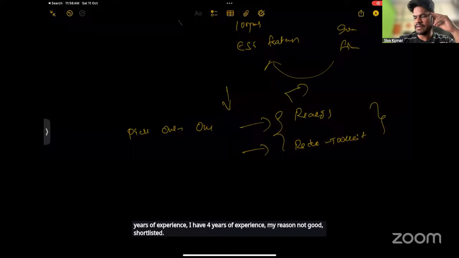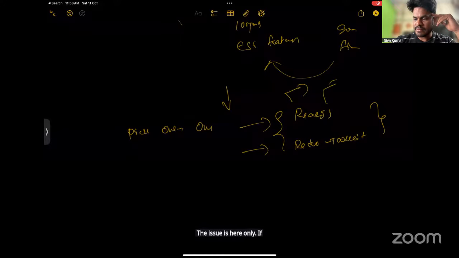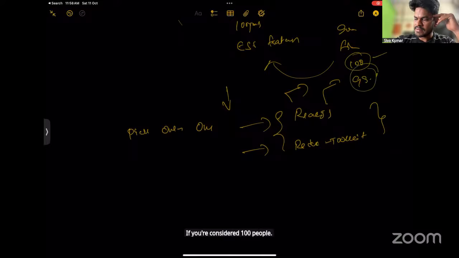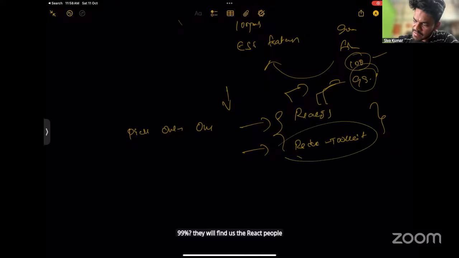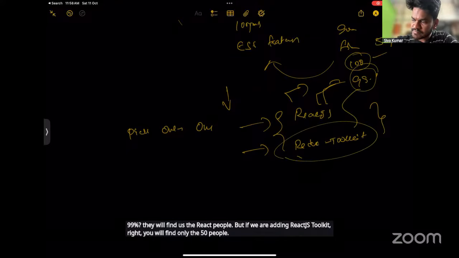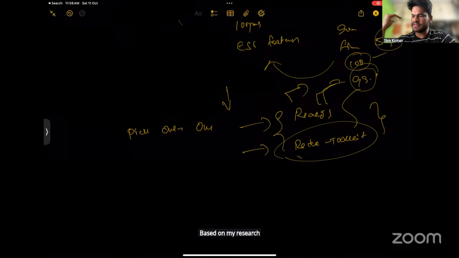The issue is here. If you consider 100 people in the market, 99 people have React. But if you add Redux Toolkit, you will find only 50 people, based on my research and understanding.